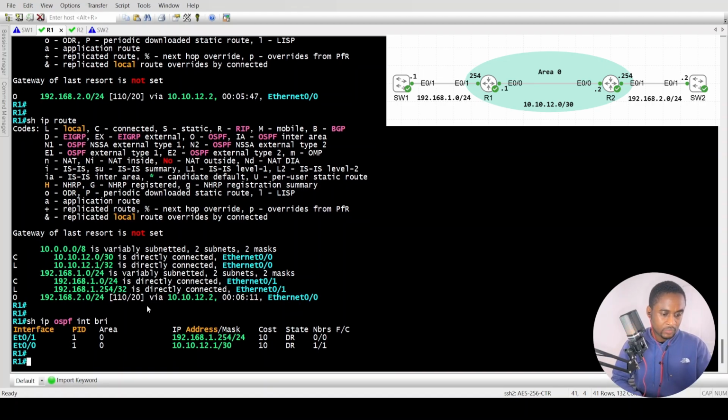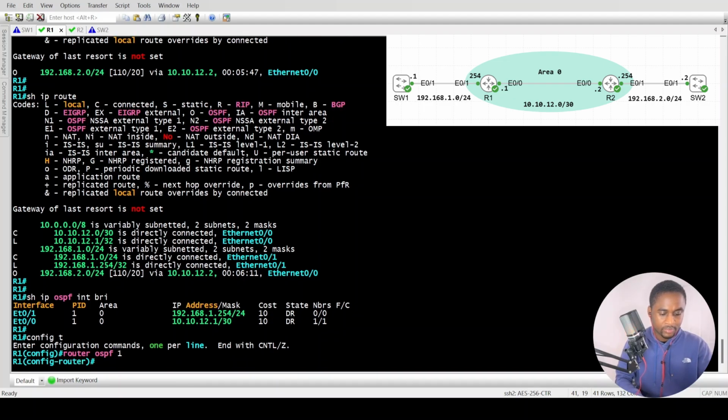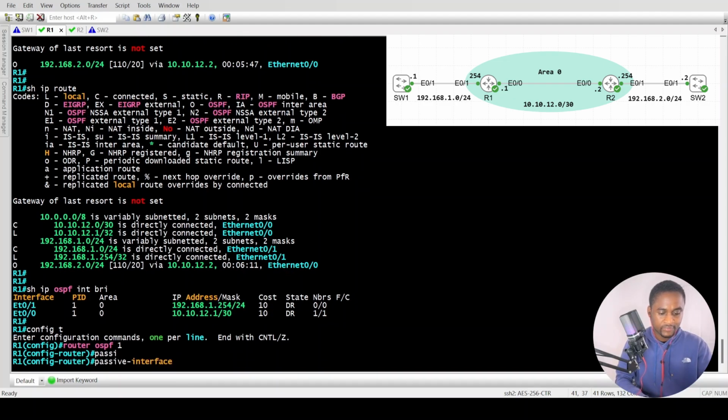So it will make sense to turn off OSPF and stop OSPF hello packets being sent out of that interface, and we can do that by going into global config mode again, under router ospf 1 and say passive-interface Ethernet 0/1,